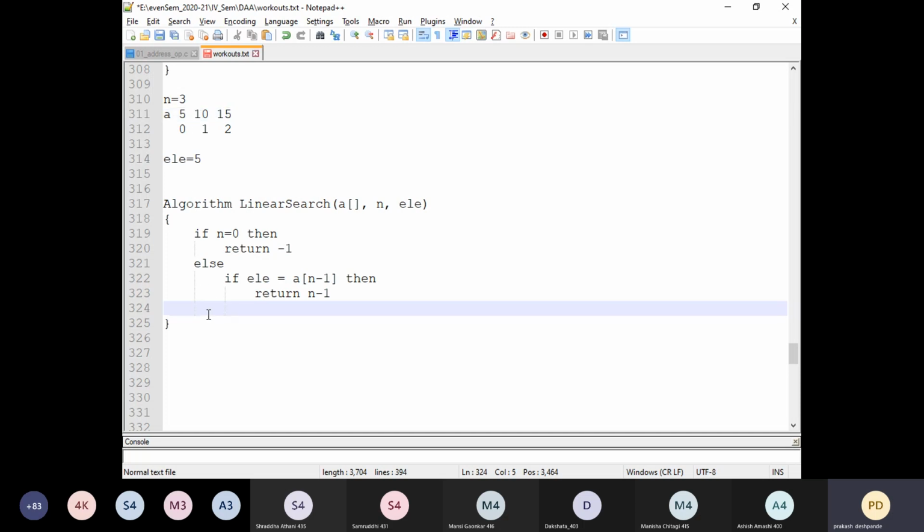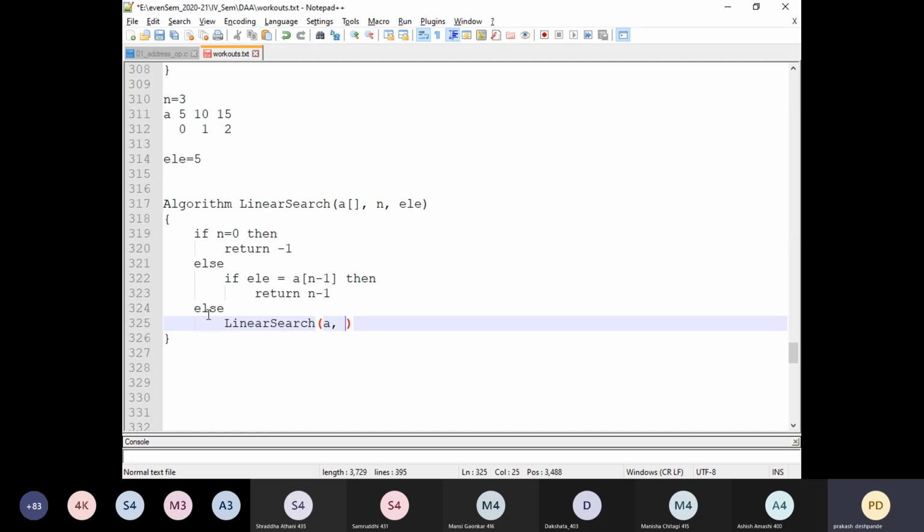So that should be written in another else part here. This time I will call the procedure linear search once again, that is recursion. By calling it the next time, I need to pass the array, just specified as a.